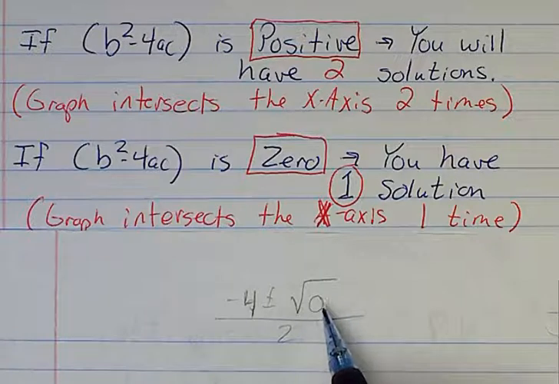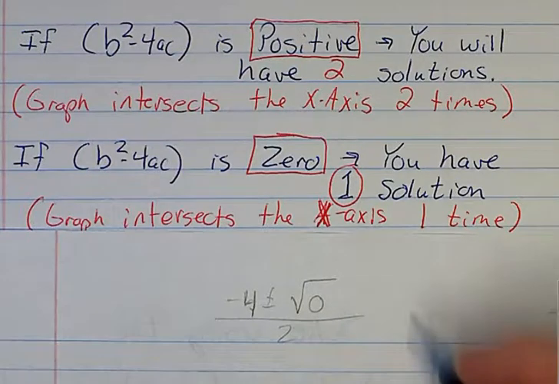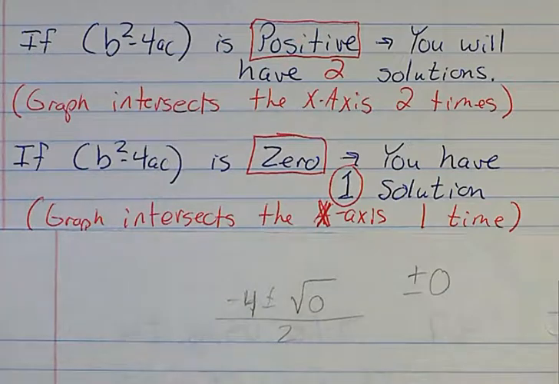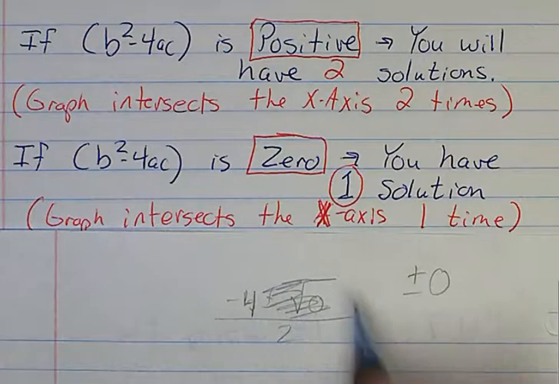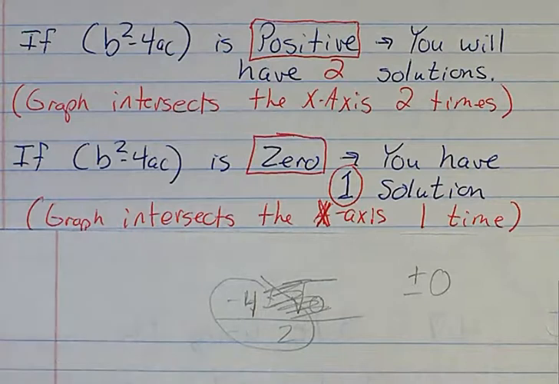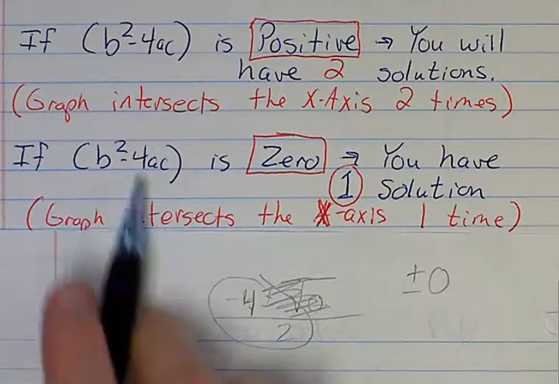Just 0, right? Is there anything such as a positive or a negative 0? No. It doesn't matter if it's positive. It's just 0. So basically, that part goes away, and it's just negative 4 over 2, and then you've got your answer. I won't say it's a trick question, but if that's 0,